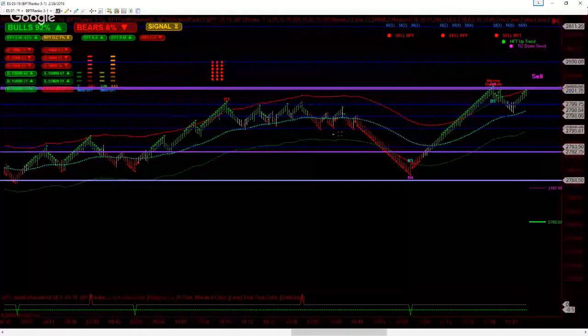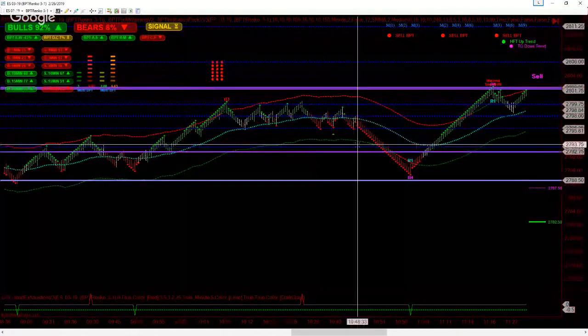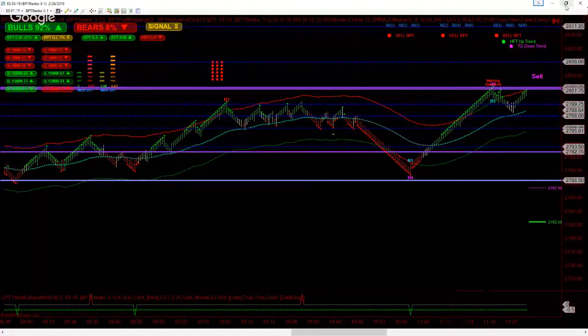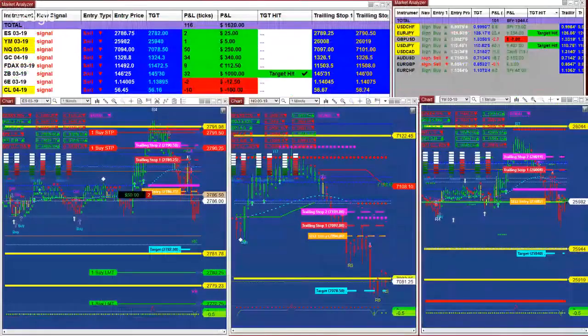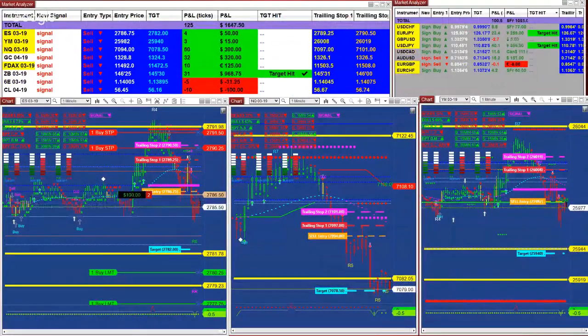And that's why we said yesterday we used a Renko bar for the reversal. So if you bear with me just a few seconds,